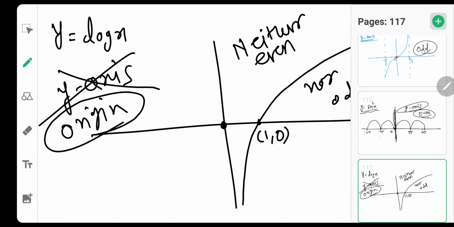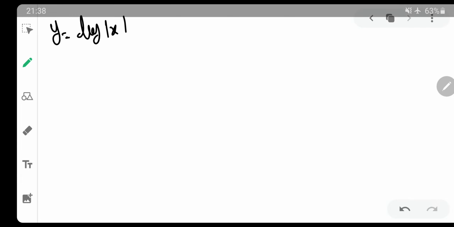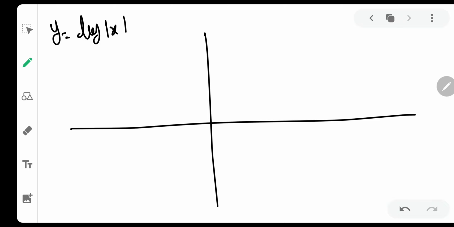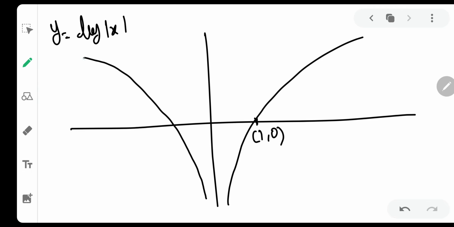Now let us move ahead. I'm going to make this even more interesting. Log of mod x. I hope you are good with drawing the graphs. So log of mod x graph, I will show how I draw. 1, 0. Then the mod x graph is a graph which is replicated to the left side. To the left side it will be the same graph. That is how you draw the graph of log of mod x. So negative values are also accepted and they will give the same answers as the positive values.